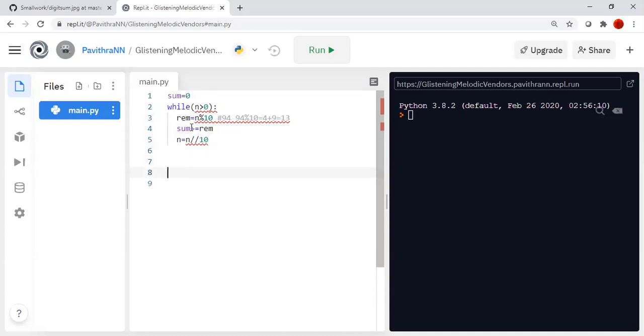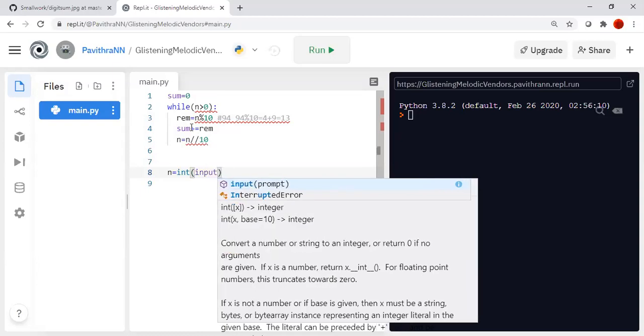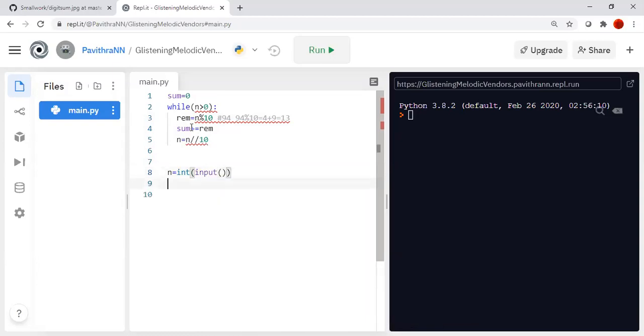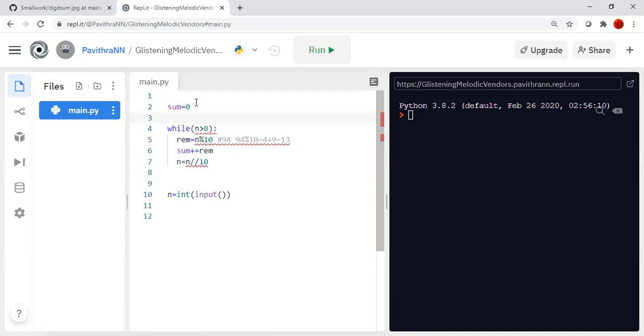First, I will get the input: n equals int of input from the user. Then I want to do this process, so I save it in a def digit_sum of n.